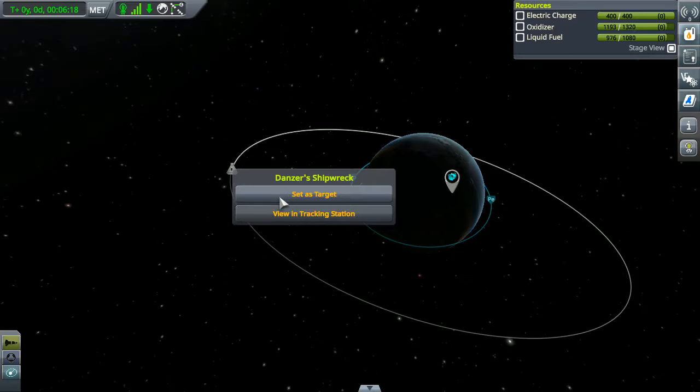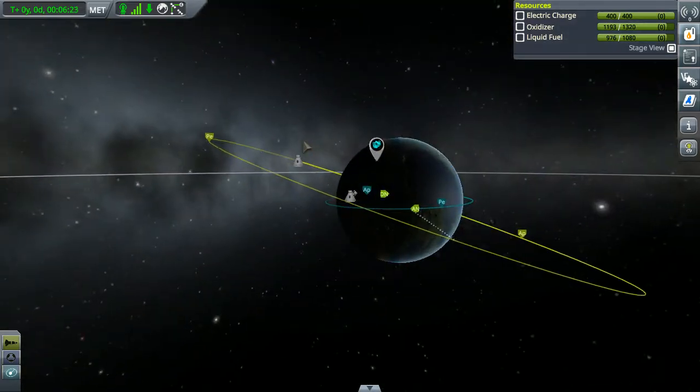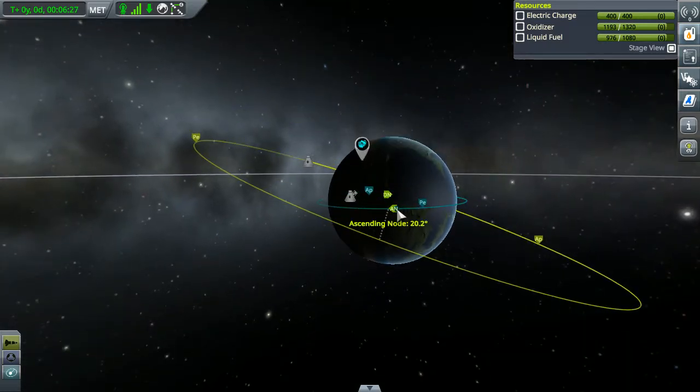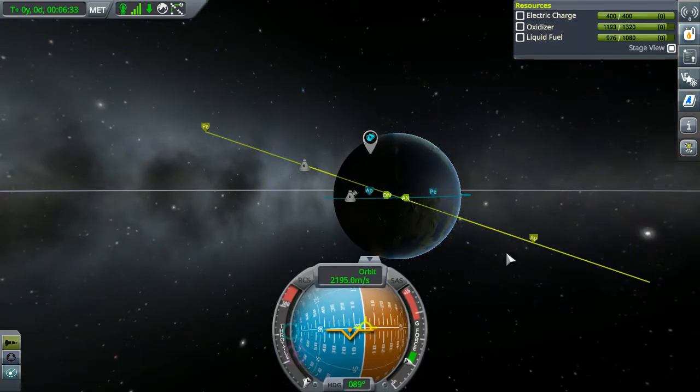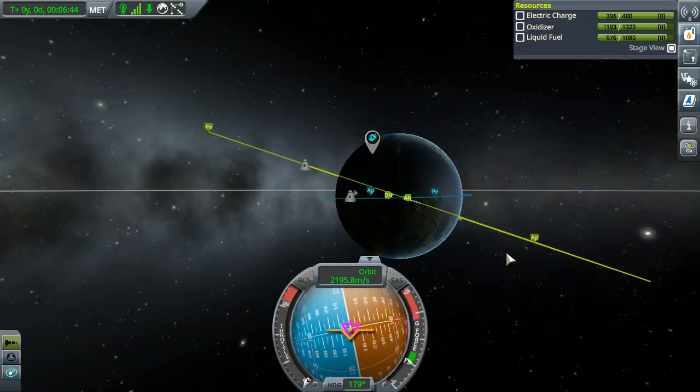Now, we're going to set Danzer's shipwreck as our target, and then we're going to warp up to the ascending node. 20 degrees. Holy crap. That's going to burn up about half of our fuel trying to bring that up to 0. We're going to have to burn anti-normal, which, is it this way? It is! I got it the first time. Okay. I'm maneuvering without the SAS now, so...